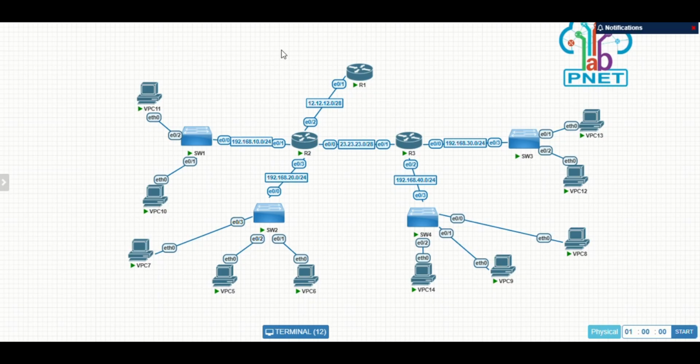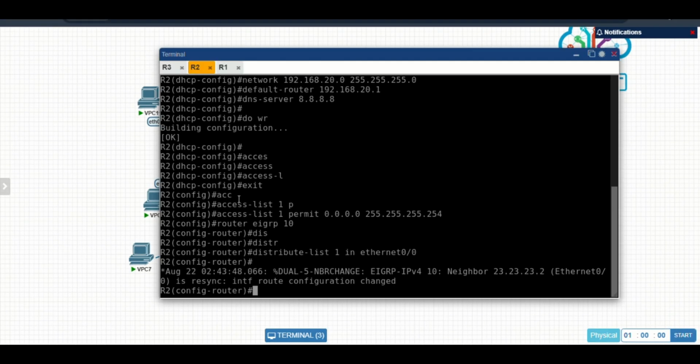And then next we will make an access list for filtering. My access list configuration is already applied on the router, and then we wait until the notification appears like this.